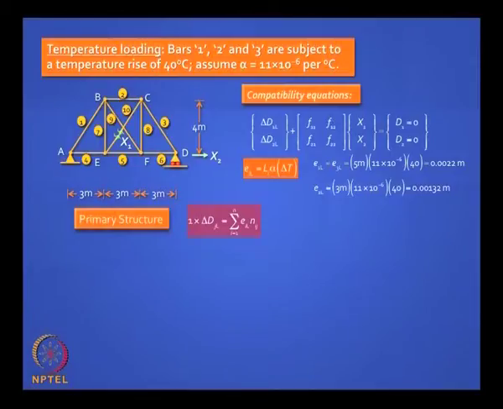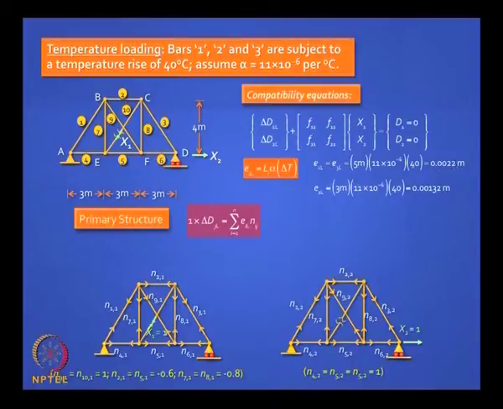You invoke the unit load method, which is, in this equation you apply say F1 equal to 1 or x1 equal to 1, and you look at this displacement field where you have these temperature changes and you have these known bar elongations. So you have a pure geometry problem and you are applying a unit load and invoking the virtual work method to solve for one unknown in that displacement field. We have done this in an earlier class. So can you find this out easily? You can. When you can do that, you have all the answers.